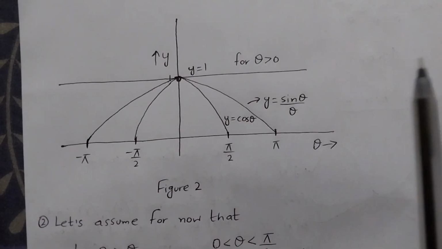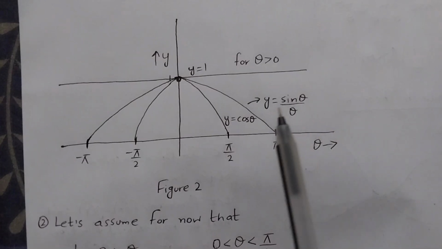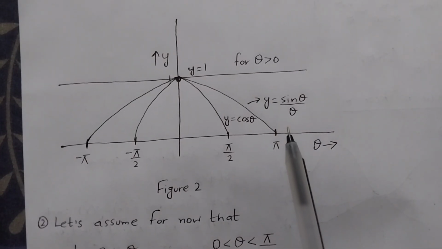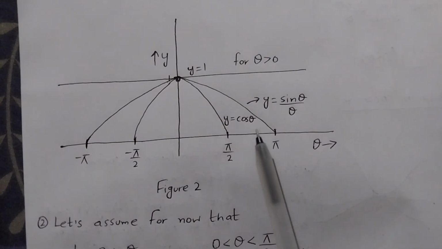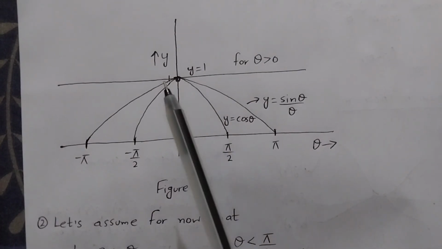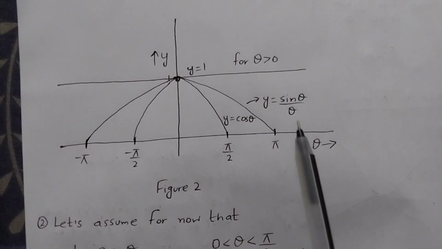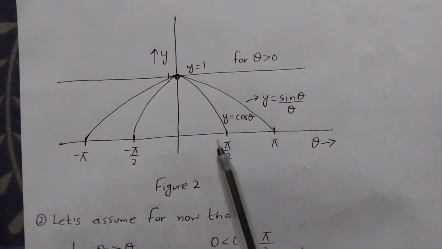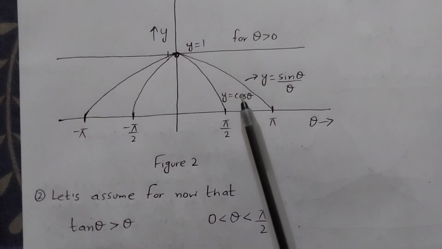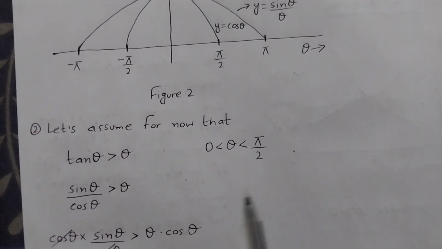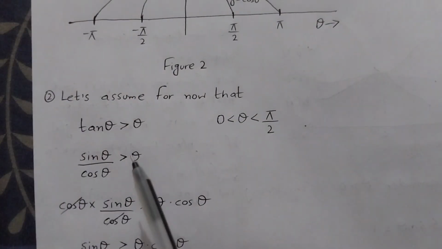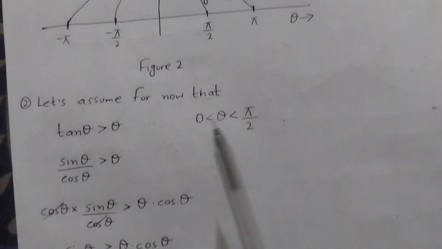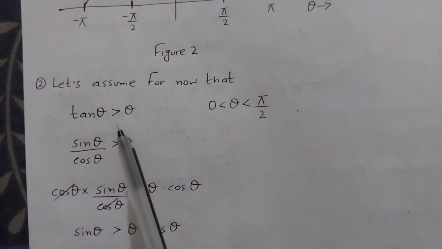So we must think of the third thing, which is further less than sine theta over theta. And cos theta happens to be that function which is less than sine theta over theta for theta greater than 0. So we will use this cos theta by saying that tan theta is greater than theta,